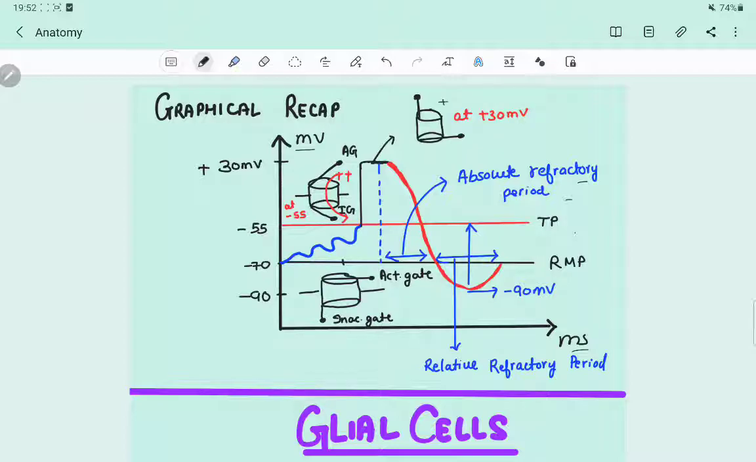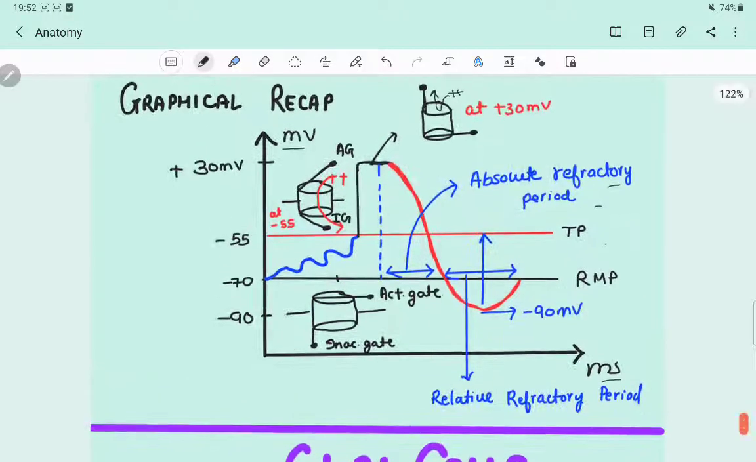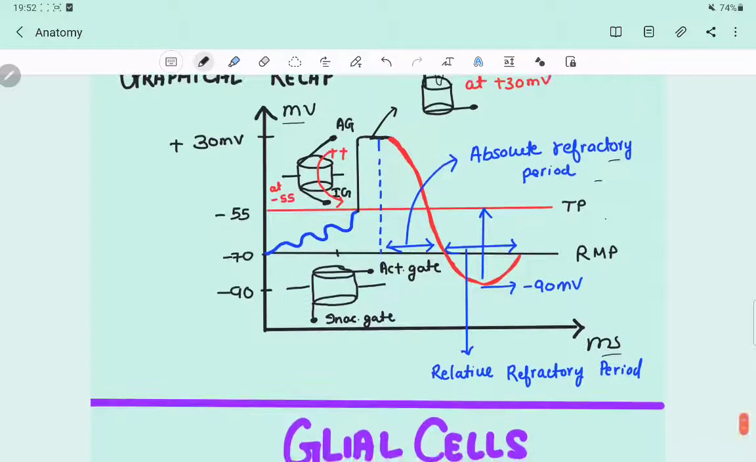So now even if the positive charge comes here, it will not be able to cross the cell membrane since the inactivating gate is closed, and it will go back. So it was only during this time that the positive charge ions were able to influx inside the cell membrane. And now when all this process is done, when the cell has reached the action potential of 30 millivolts,